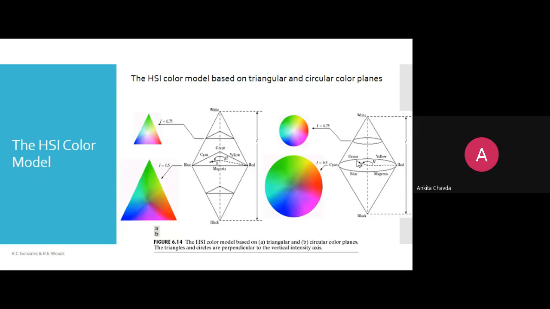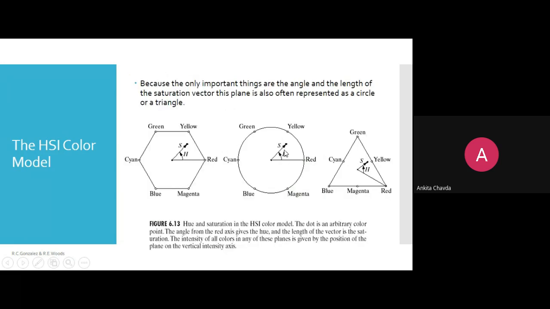We have shown this with the triangle shape and the circle shape, right? The thing is the same. They have just taken different arbitrary points. In the first figure, the arbitrary point is over here, so that is the angle from this red, this is H. The second time they have taken the point somewhere over here. The third time somewhere over here, right? Is it that difficult? No? Okay.